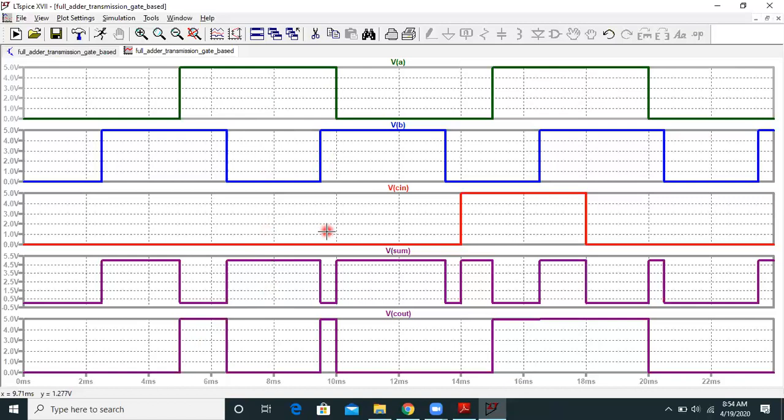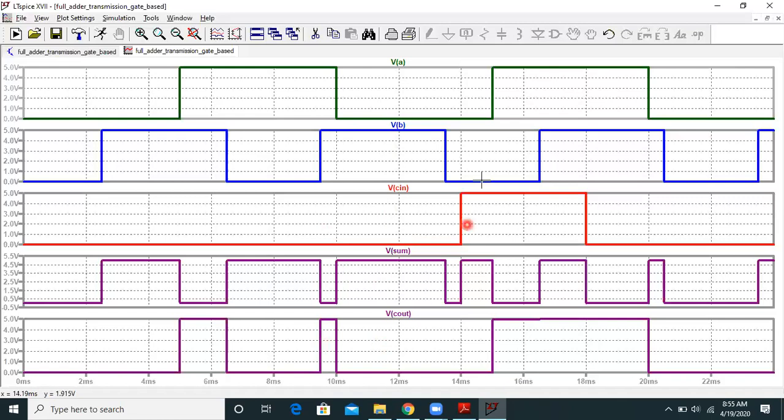In this case, the sum generated is 0 and the carry generated is logic 1. Next condition is A is 0, B is 1, Cin is 0. In that case, the sum generated is logic 1 and the carry generated is logic 0.